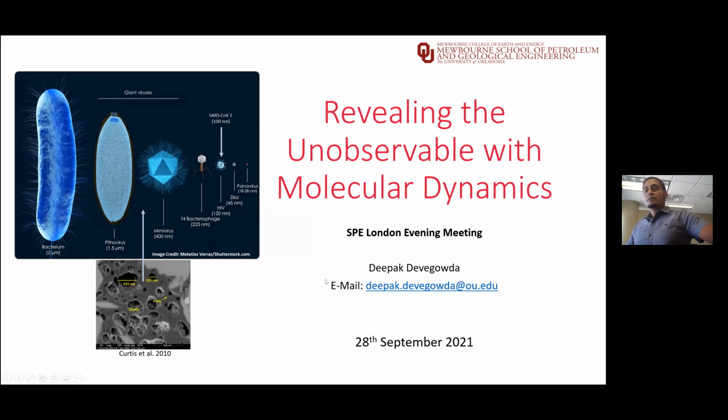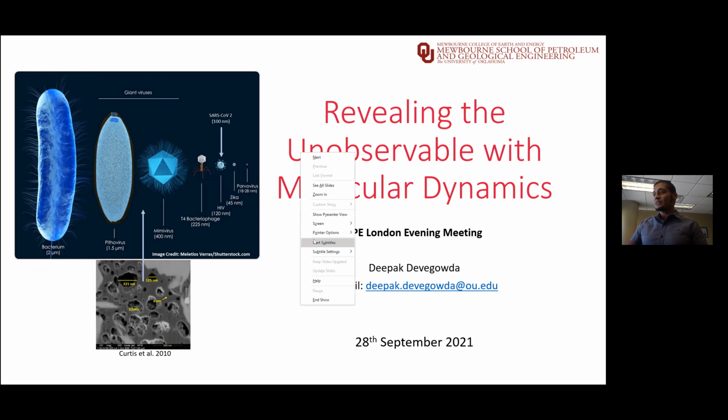So having said that, I'm going to be talking about something called molecular dynamics, which will help us see something that we can't really observe. And in fact, the things that I'm going to be talking about is the science of small things. What do I mean by the science of small things? Well, we have a schematic right over here, which illustrates the point. We have what we're very familiar with right now, the COVID virus, which is roughly about 100 nanometers across. And I'm going to be talking about stuff that is really, really small. We're talking about maybe a couple of nanometers across or maybe tens of nanometers across. So that's what I'm going to be talking about.